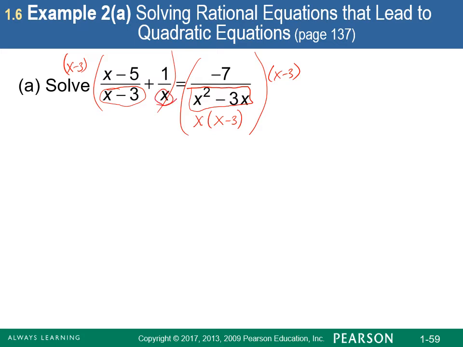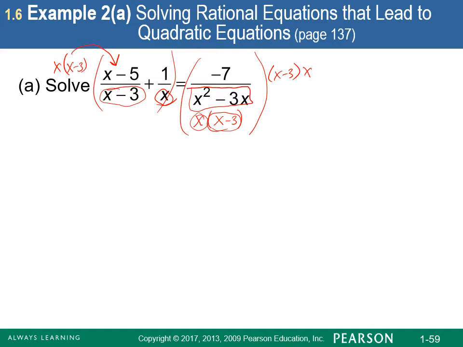We know we need an x. And when we get over here, we already have the x, so we don't put it a second time. And we already have the x minus 3, so we don't write it a second time. So now it's just a matter of going through those multiplications. I alluded to this in the first problem. I'm going to go ahead and write my arrow here so that I know I'm going to be multiplying these